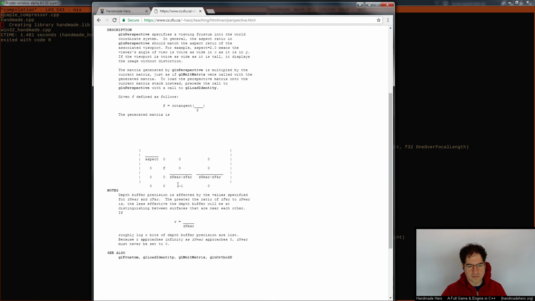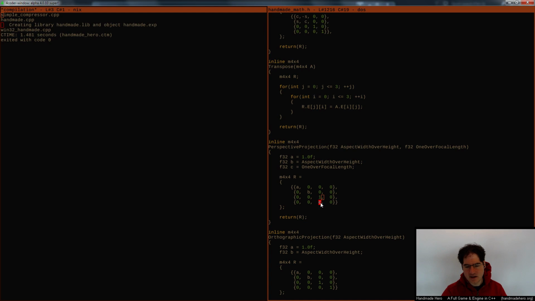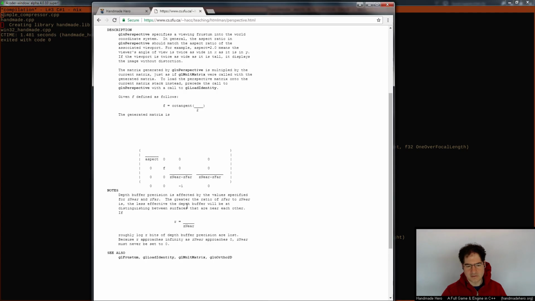So they take the Z directly, if that makes sense. They basically say, hey, whatever the Z comes in, we're not going to change it at all. We don't modify it by the focal length. We just directly set that value, right? I guess the way to think about that,